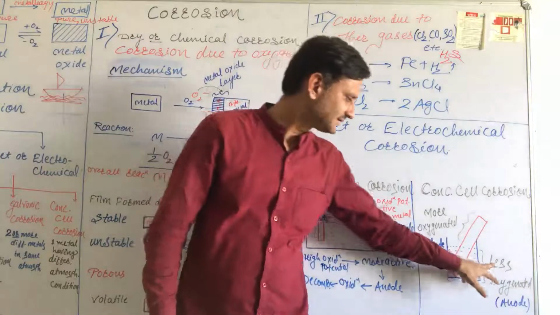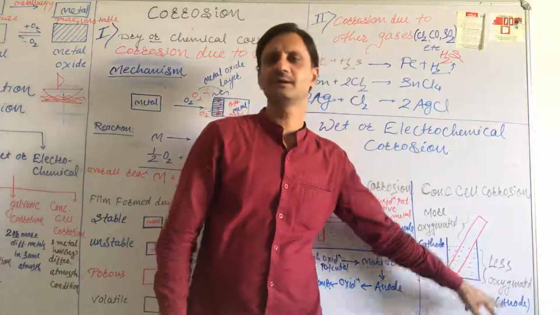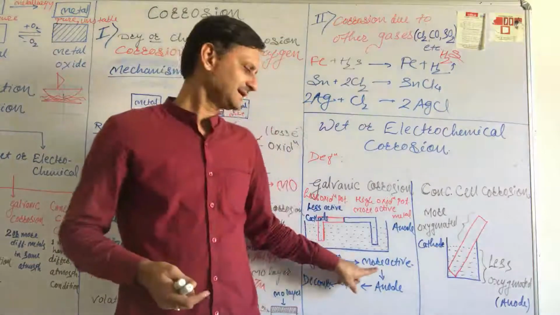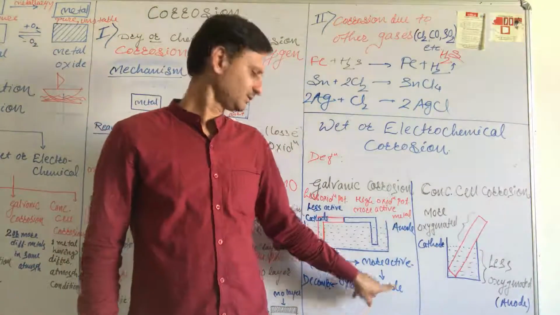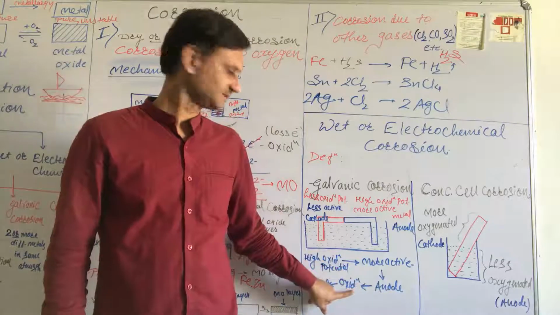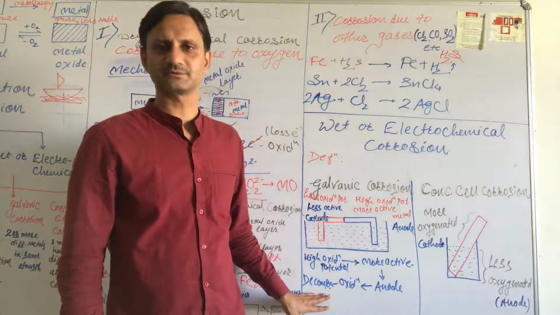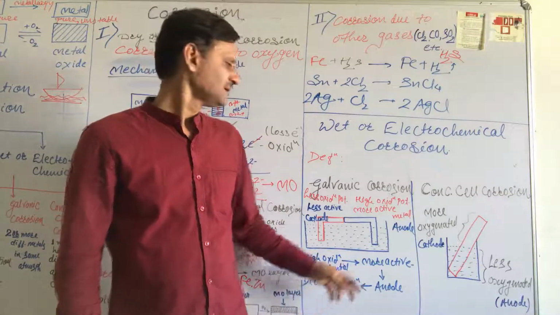Yes, the less oxygenated part of the metal is more active. More active, it acts as an anode. Anode undergoes oxidation, and the portion which undergoes oxidation is decomposed. While the